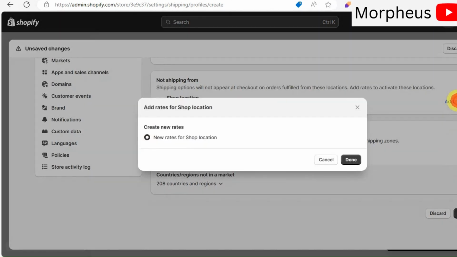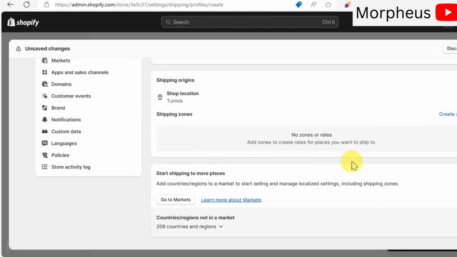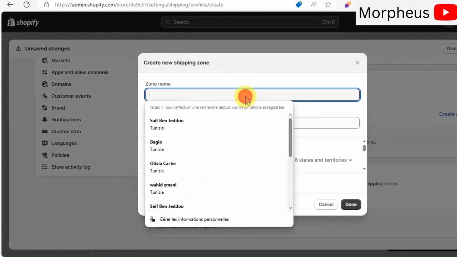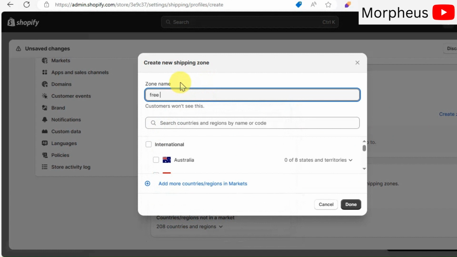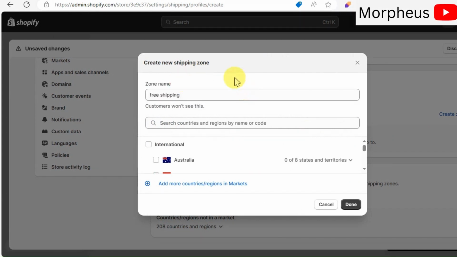So go ahead and delete the default shipping zones and click on create a new shipping zone. Then click on rest of the world right here. Then add rate. And I'm gonna name it free shipping and set the price to 0.